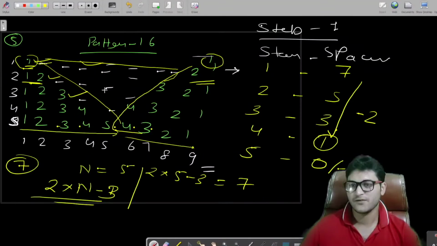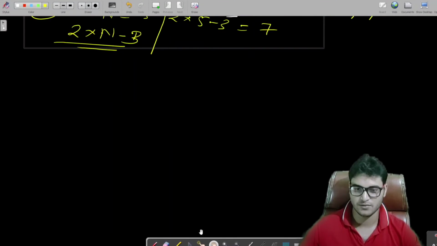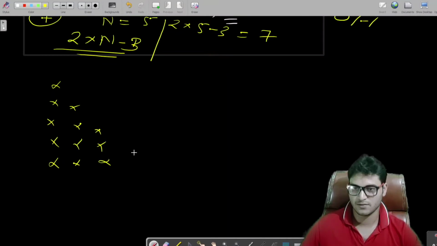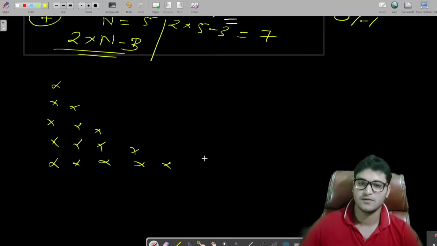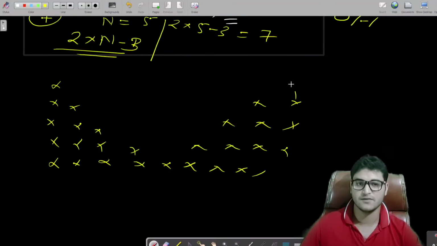For the 5th row, let me undo these changes, or let me draw another pattern which we are going to draw today. So we are going to print this shape: 5 4 3 2 1, and 1 2 3 4, 1 2 3 4 3 2 1, 2 3 and 1.